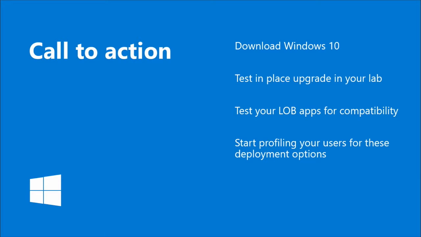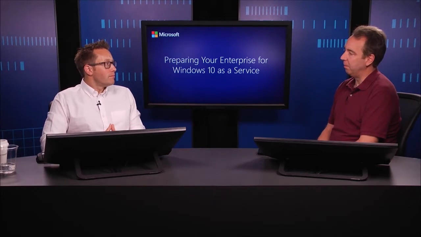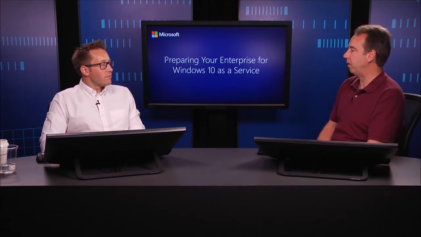Building a lab to test in-place upgrade is probably the next first step for IT guys out there, is actually to get hold of the hardware you need, probably inside of a bunch of VMs is a good way to go, and start to actually put things together and start testing through the process of doing in-place upgrades. Make it so that you're familiar and comfortable with it. Yeah, for most organizations, until you've tried it, don't discount it. A lot of people are scared about in-place upgrade. They look at the operating system and say, I just don't know about it because it's going to take all of the garbage that's accumulated in that existing OS and move it forward to Windows 10. Well, we do a pretty good job of it.